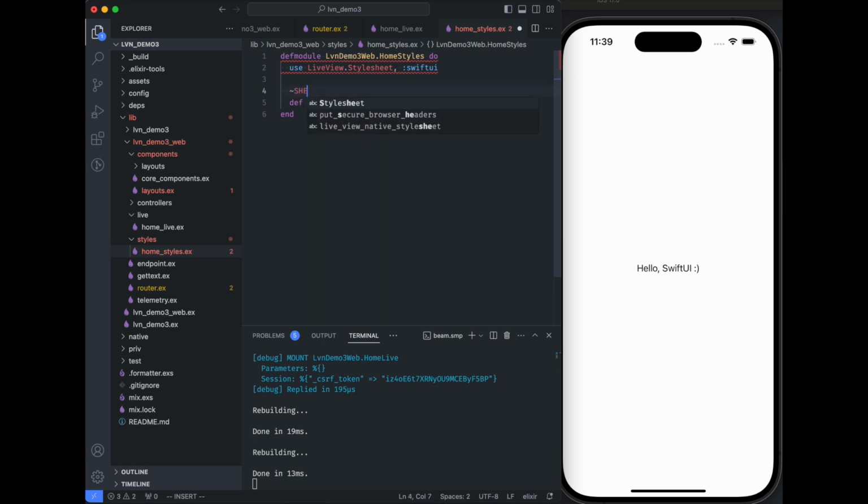This function at the end, the class function, is a catch-all. The sheet sigil allows us to define our styles along with the rules within. So we're going to just add a color style here, a pretty basic one. It's going to be a class name color-red. And to do that in Swift UI, these are called modifiers. Modifiers kind of somewhat play the same role as style rules in CSS, but they go a lot further